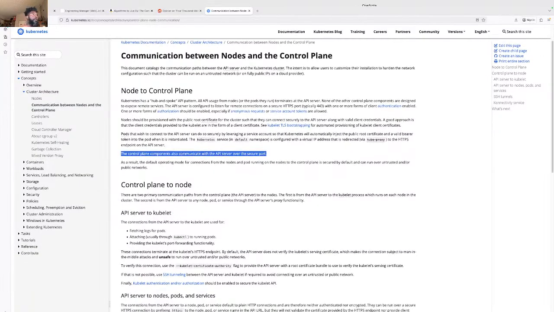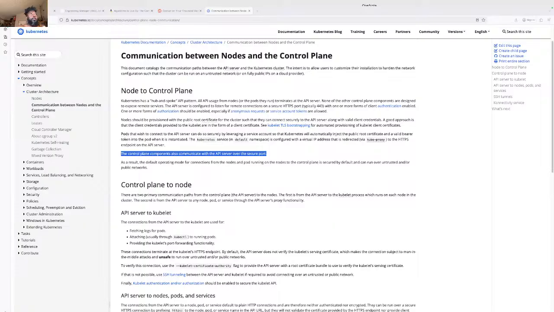There are two primary communication paths from the control plane.